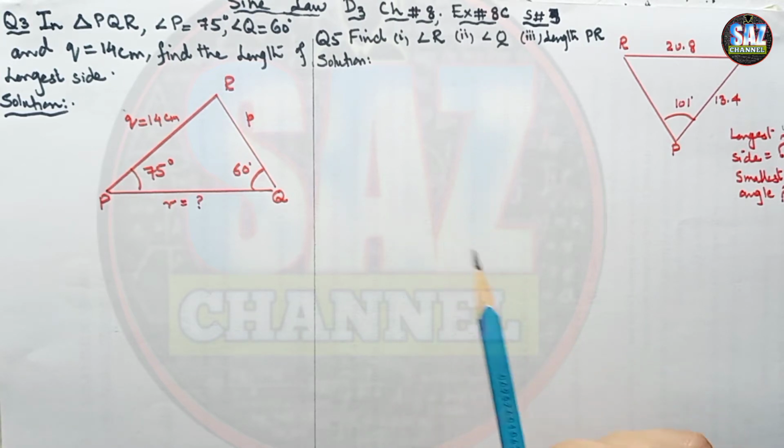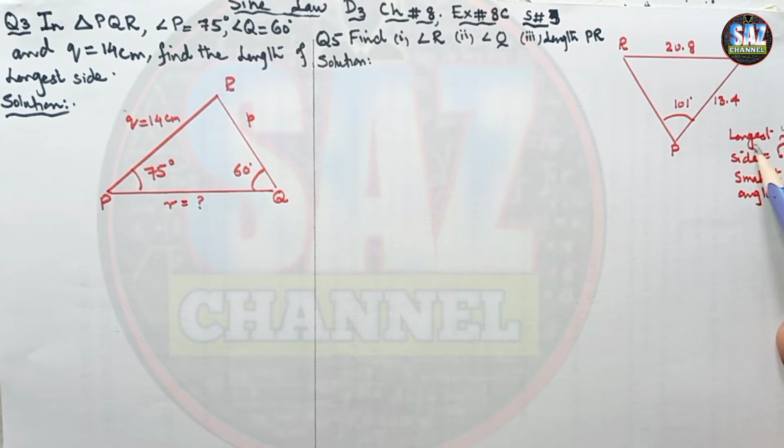Before going to the lesson, there are some key terms that we have to understand: what is the right triangle and what is oblique triangle. What are the methods of the solution of right triangle and what does the term solution mean, and in case the triangle is not a right triangle, how to find the unknown lengths and angles of that triangle, and then how to decide which one will be the longest side and which one will be the smallest angle.